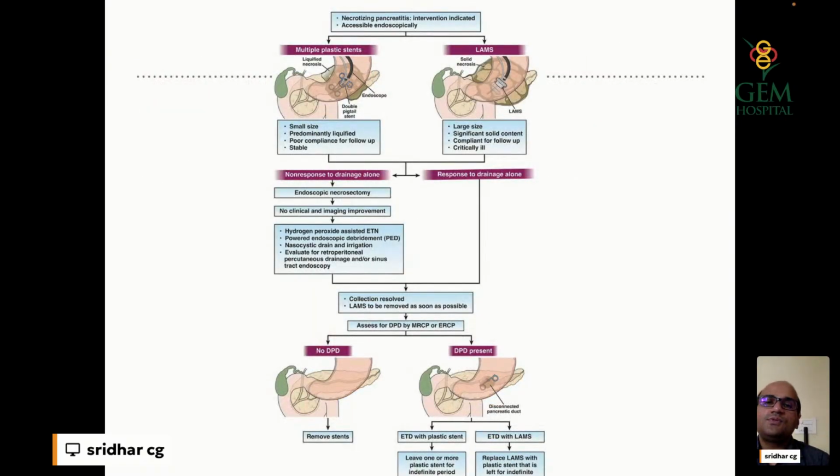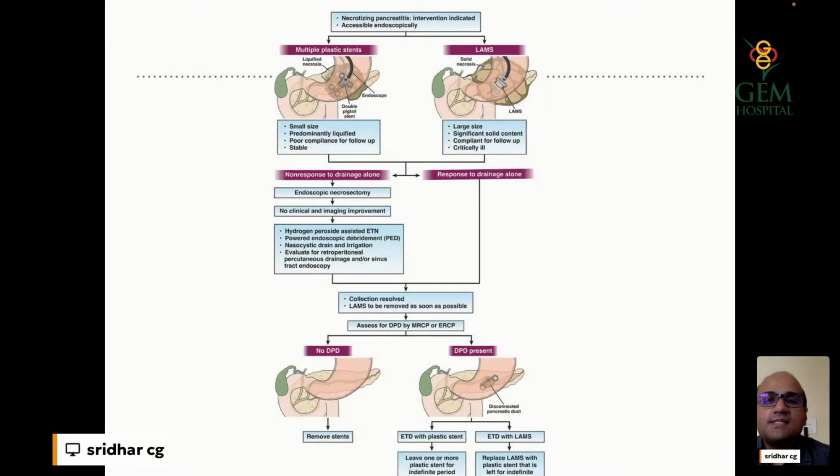This is a common flowchart which we have to see when it comes to acute necrotizing pancreatitis which is accessible endoscopically. The ball goes into two fronts in the name of plastic stents and LAMS, depending on the amount of necrosis. If it is a clear fluid, small in size and predominantly liquefied, less than 30% debris, and it is very close and accessible to the lesser sac or the posterior wall of the stomach, then a double pigtail plastic stent, single or double, or even a nasobiliary drain placed within the cavity